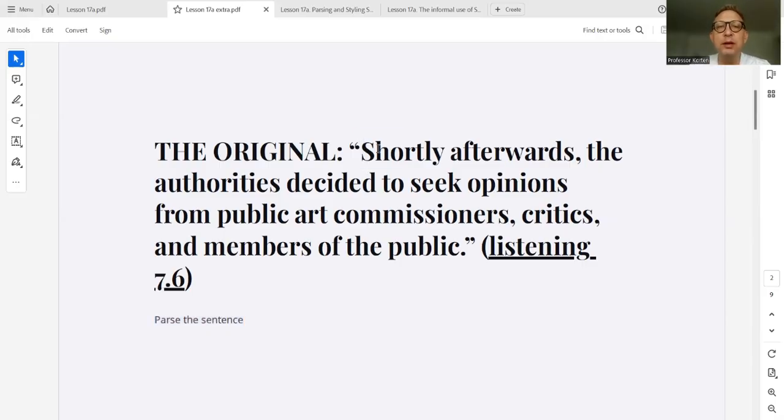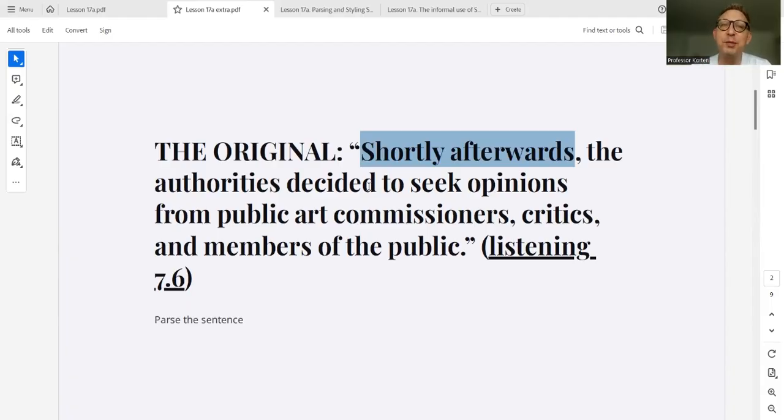So shortly afterwards is an introductory adverbial phrase. Adverbial because it talks about time. And the reason it's adverbial is that it is modifying, of sorts, authorities. When did they decide? Shortly afterwards. So this is an adverbial introductory phrase.